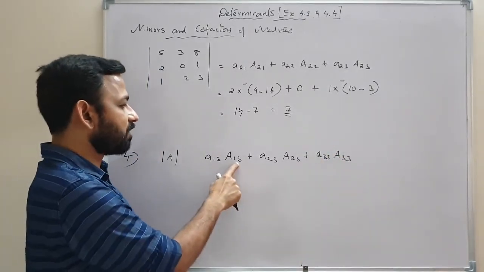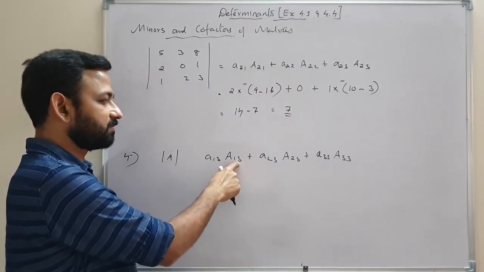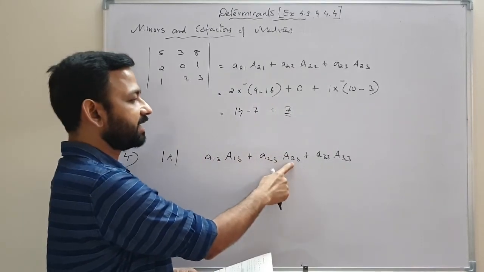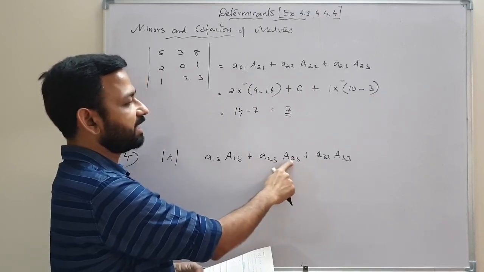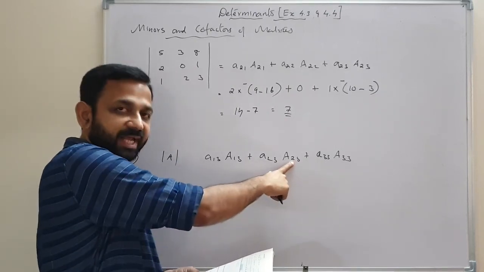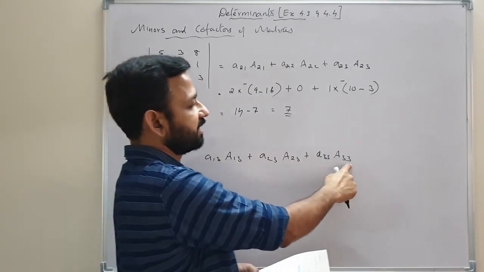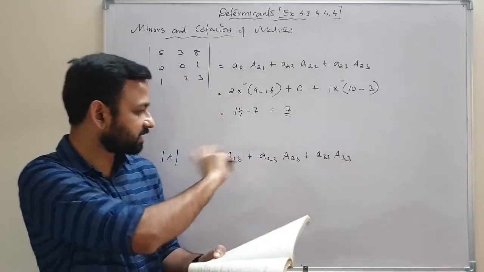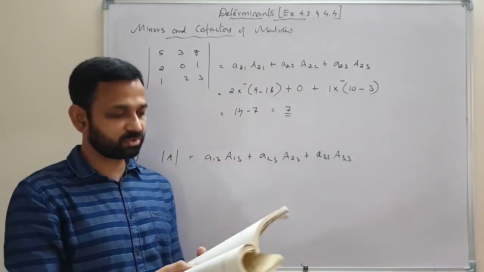And when we find the cofactor of this element, just find the minor, and 3 plus 1, 4, same. Minor and cofactor will be same here. And here, just find a minor of that element. And here, the cofactor will be negative because 2 plus 3 is 5, 5 is an odd number. And here, A33, cofactor and minor will be same. Just find those values and find their sum. We will get that question.